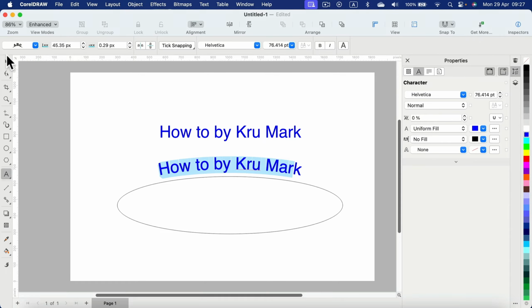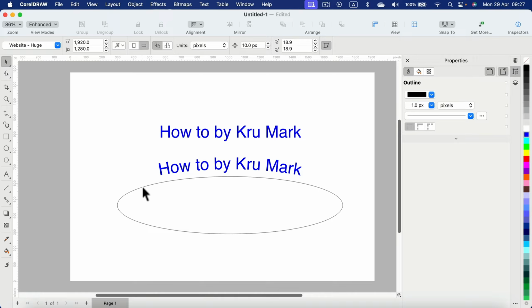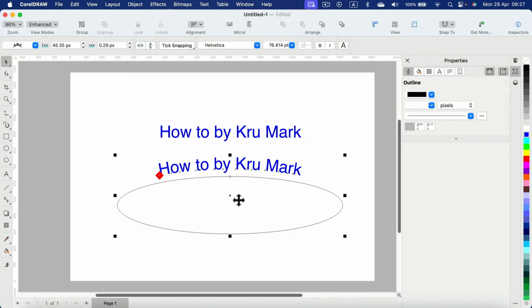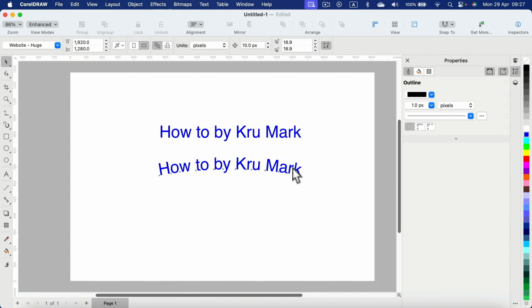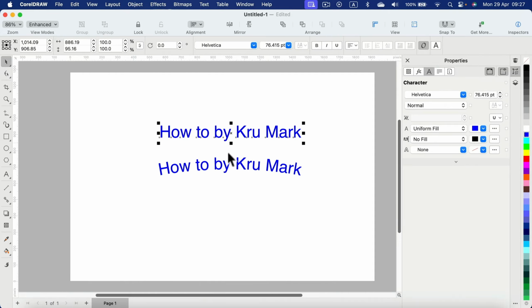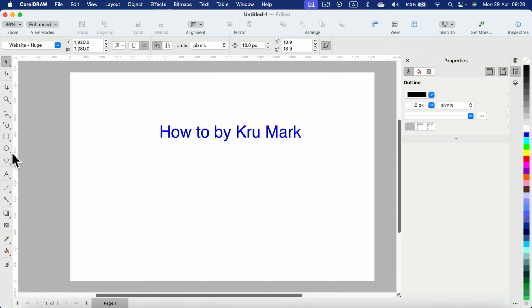All right, and of course, we can make this path here invisible, so you don't need to stare at this black line all the time. Simply for the outline, go with the invisible color instead of black, and the line is now invisible. So we move from the straight text to a slightly curved text. Of course, as you can guess, if I use something more curvy,